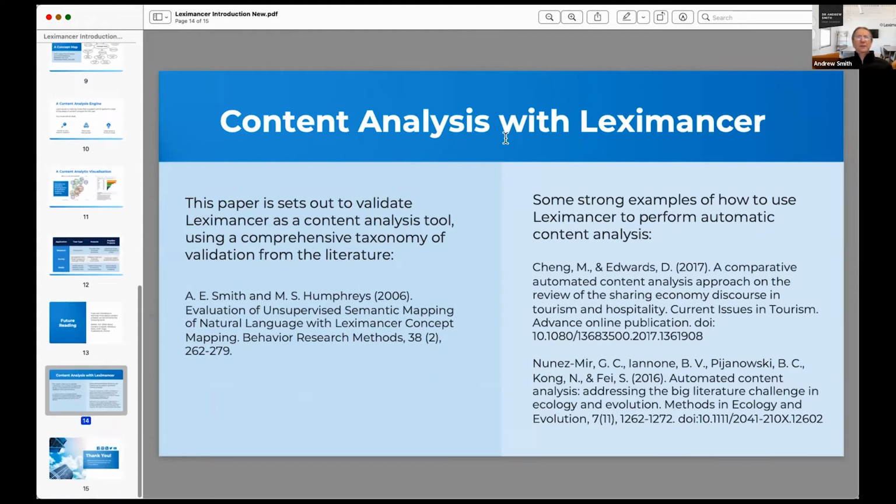Okay, so that's more than enough on that. And so now I guess time for some questions. I intend to move on to showing a literature review that I've done using Leximancer. I put in a bunch of my own journal articles, and I'll take you on a bit of a tour through things, how I did that, and some of the tricks.